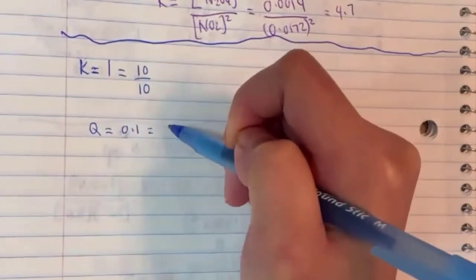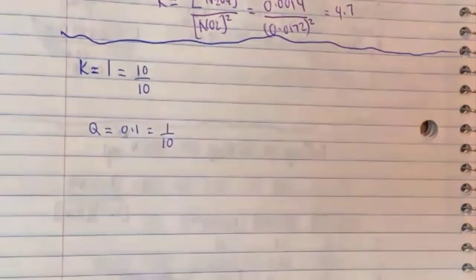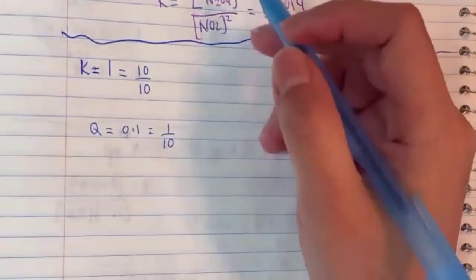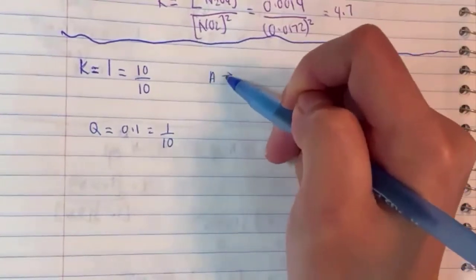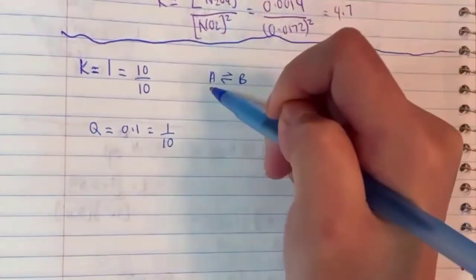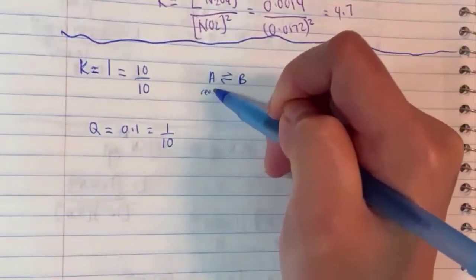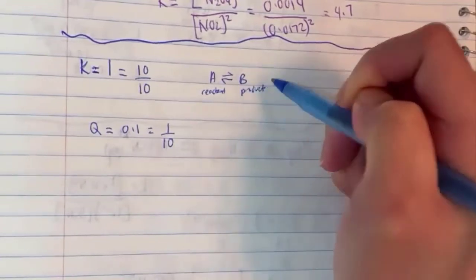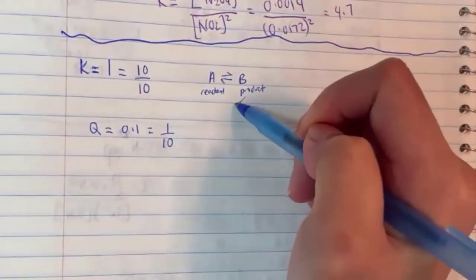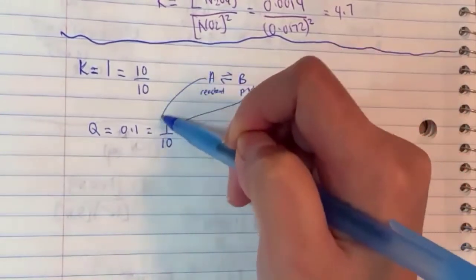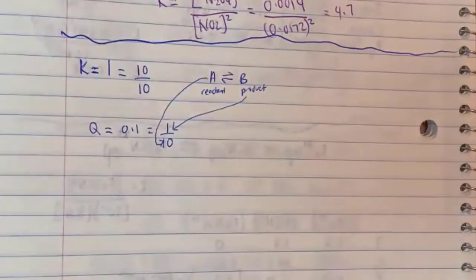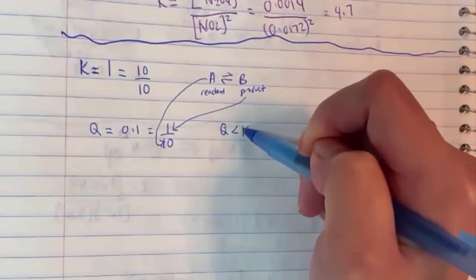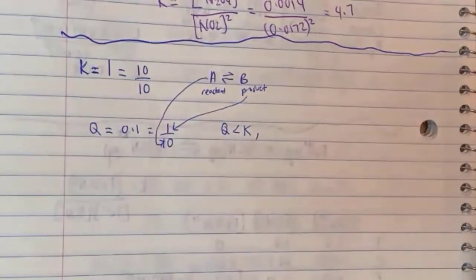So how did they get 0.1? Maybe they had 1 over 10. Okay, and remember we have the reaction of A going to B. This is my reactant side, and B is my product side. Okay, so in this case, you have very little B and a whole lot of A. You agree? So in this case, when Q is smaller than K,